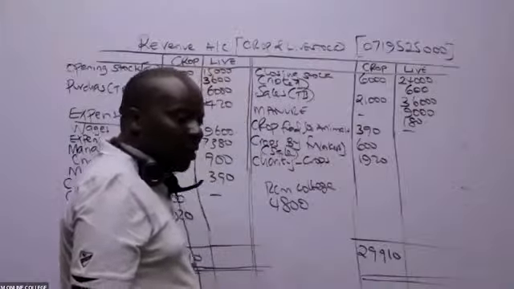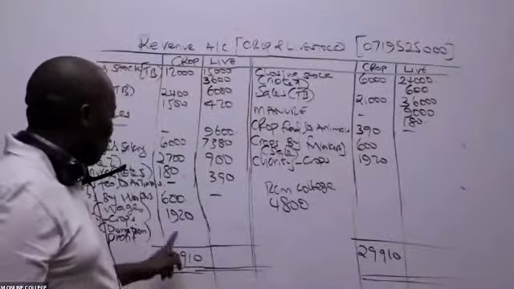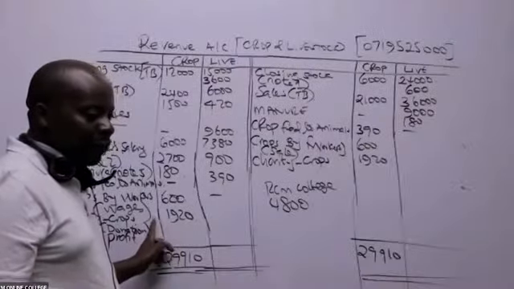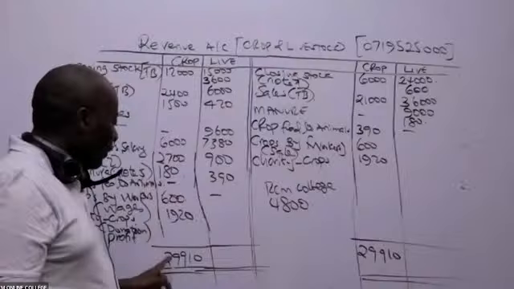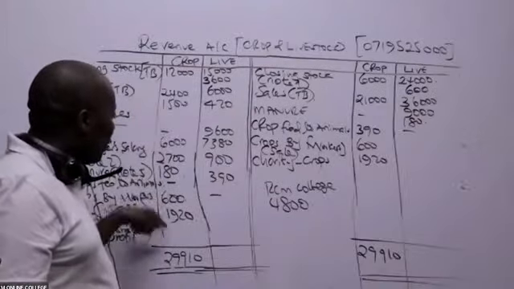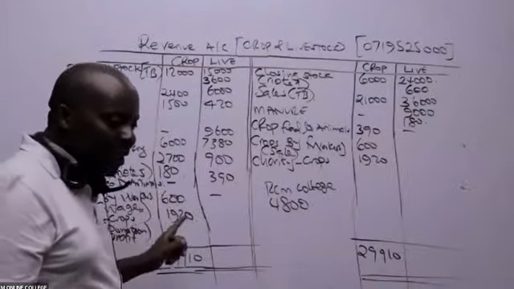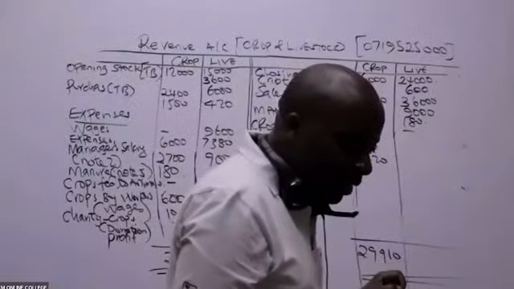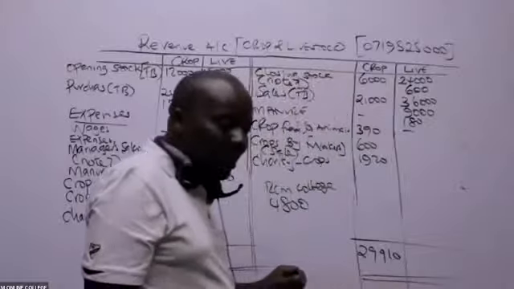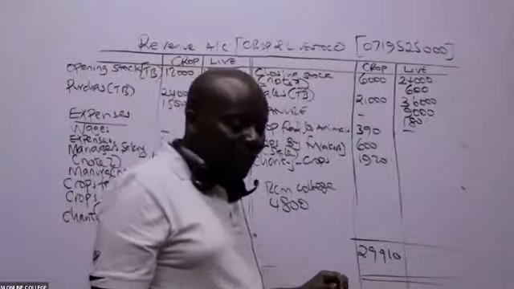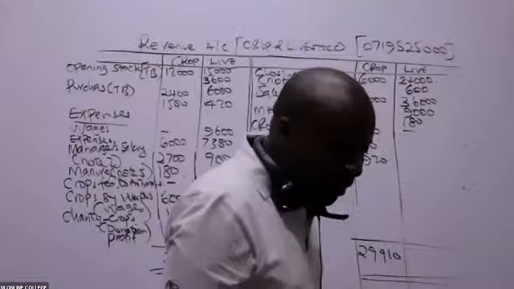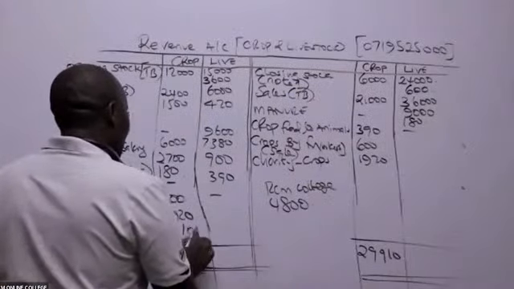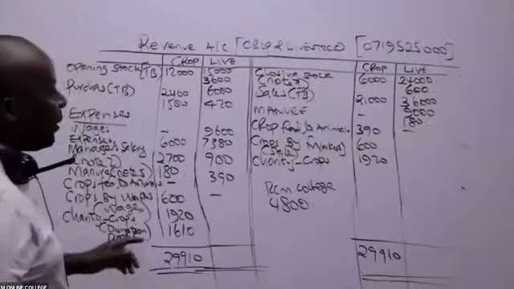Johnson Chalo. So how much is profit here for crop? How much is profit here for crop? 29,910 minus all this, which Chalo has been able to get as 28,something. So I'm being given a figure of 1,610. Thank you so much. Then go to the livestock as I make my announcement.